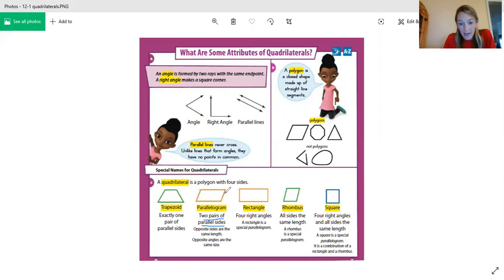Okay. It also says opposite sides are the same length. So these opposite sides that were parallel, they're also the same length. And the opposite angles are the same size. So here's an angle here. If I go opposite, I'm going this way. They're saying that this angle is equal to this angle. And these opposite angles are equal to each other too. They're the same. Okay. A rectangle has to have 4 right angles, and usually we can tell,